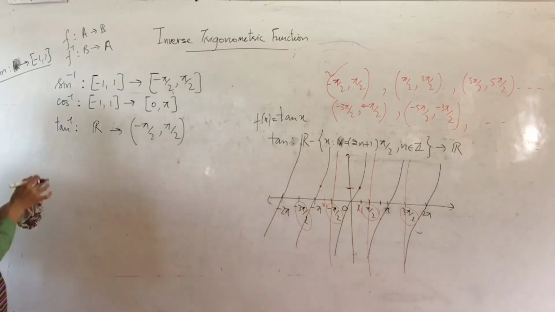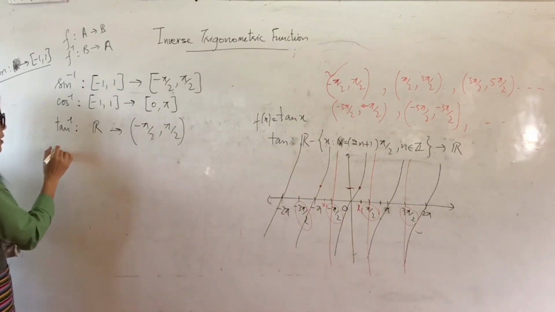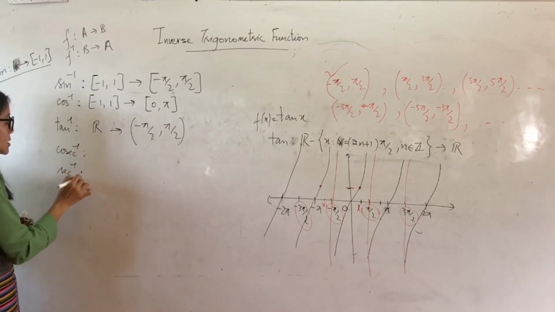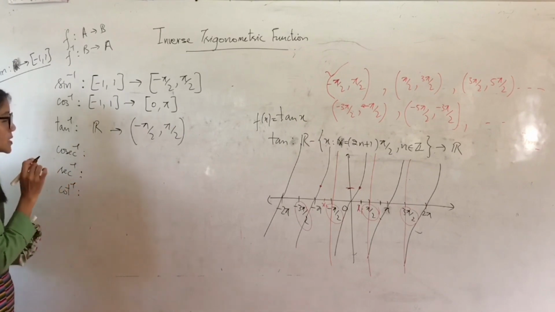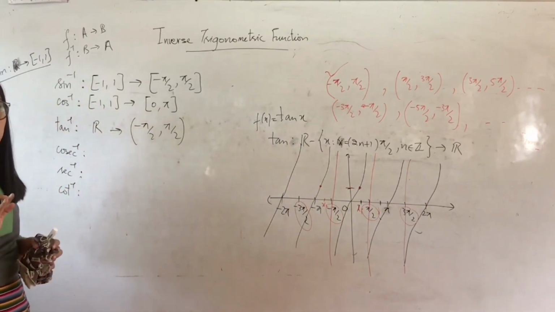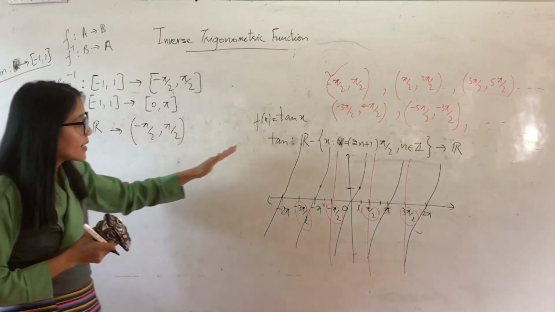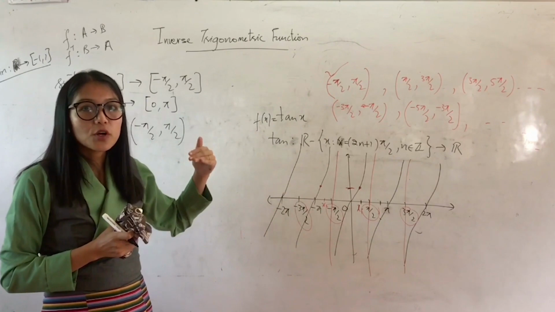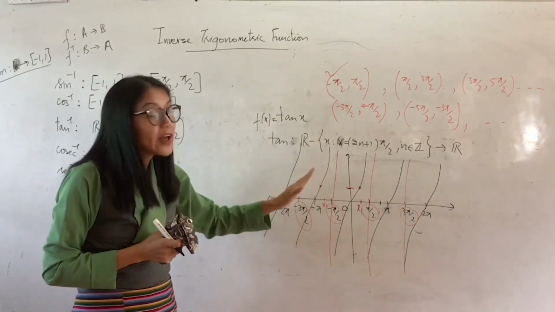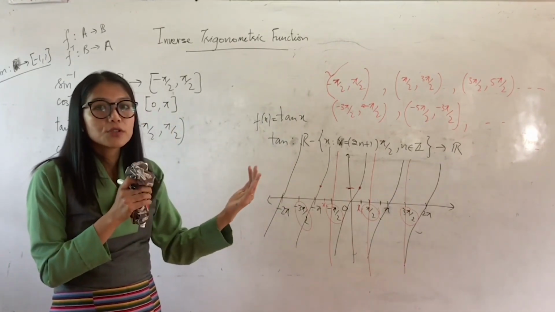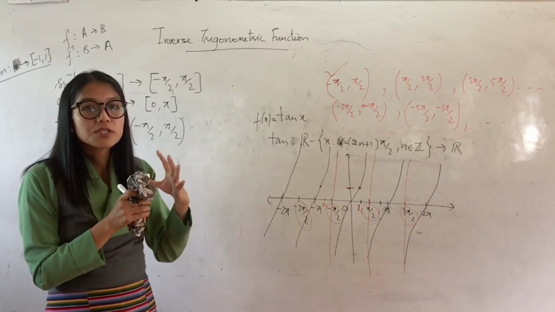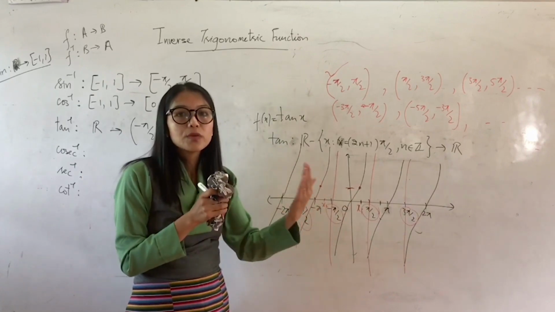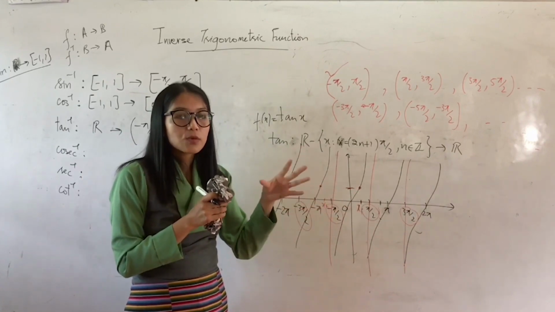Now we are left with 3 more inverse trigonometric functions, which are cosec inverse, sec inverse and cot inverse. Now these 3 are to be done by you. Same as I did here, you do the same thing. First you plot the graph, you know the graphs of all the 6 trigonometric ratios. First you plot the graph and then graphically you try to find out the domain and range of the inverse trigonometric function. That will be easier because graphically we can see in which interval the function will become invertible. It's quite simple to do that.